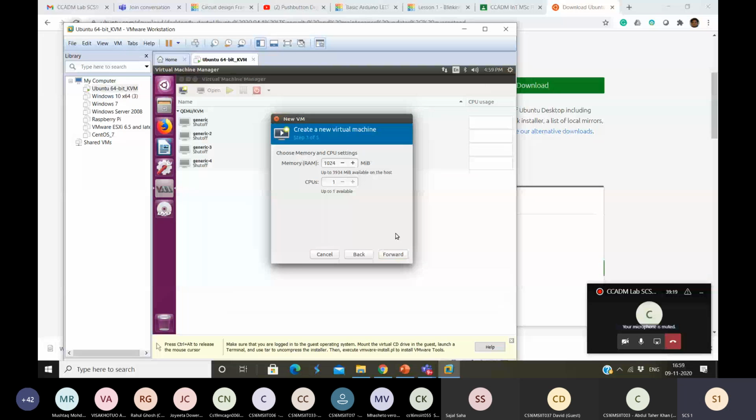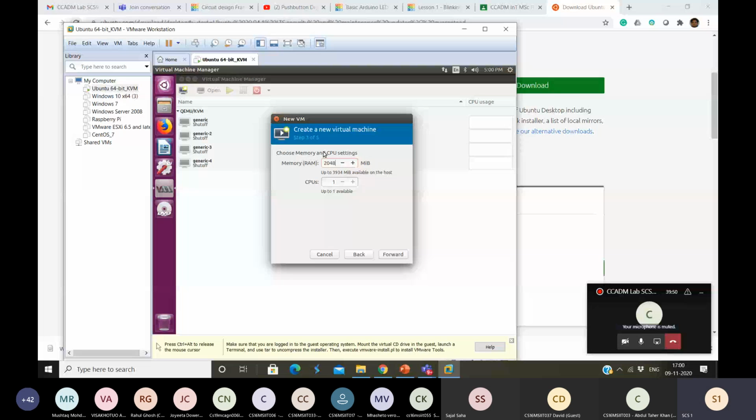Now the RAM, I am choosing 1 GB because I have chosen only 4 GB RAM. You can increase it to 2 GB also. But CPU, you cannot increase beyond 1 CPU. Even 1 CPU also it will not work, because I have taken only a single CPU for my Ubuntu machine. It should be at least of 2 CPU. Right? Now with a single CPU and 2 GB of RAM,